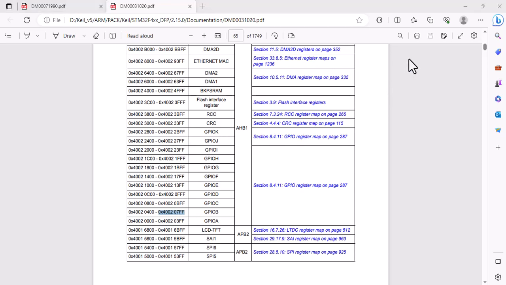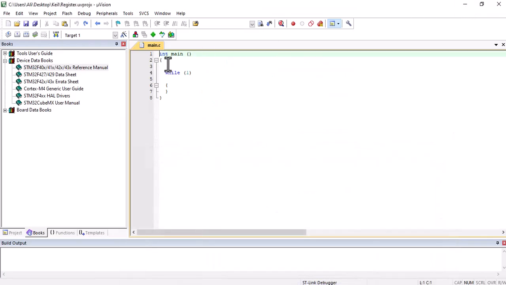Okay, we have learned about the memory. It's time to write some data in the flash. First of all, we should include a standard integer library, stdint.h,